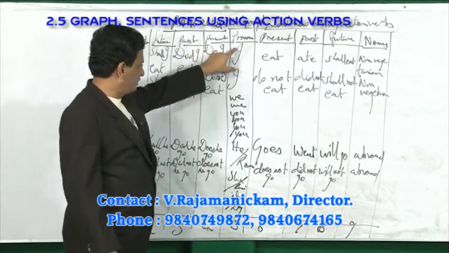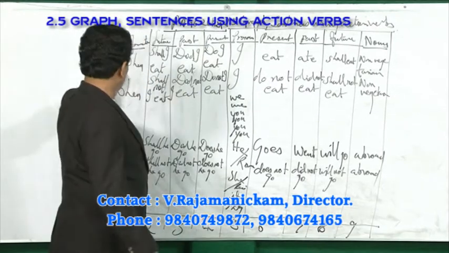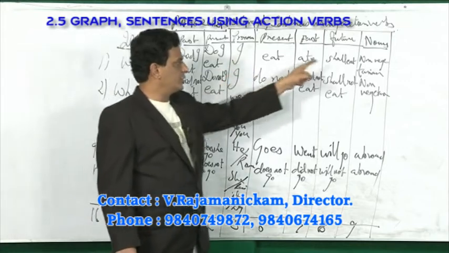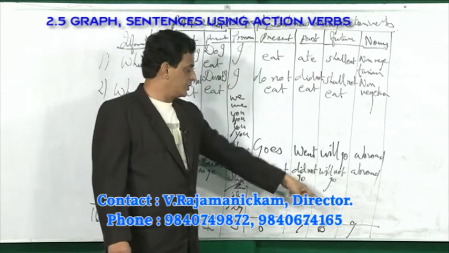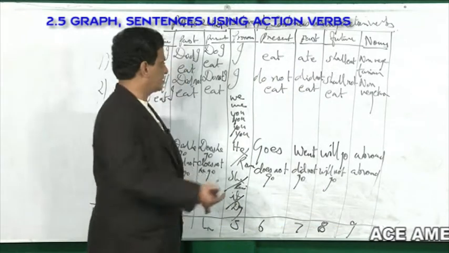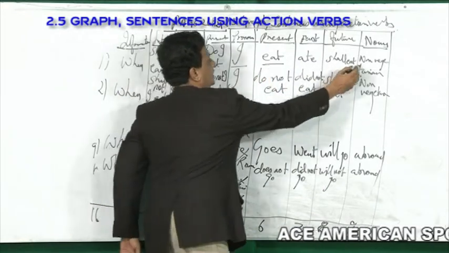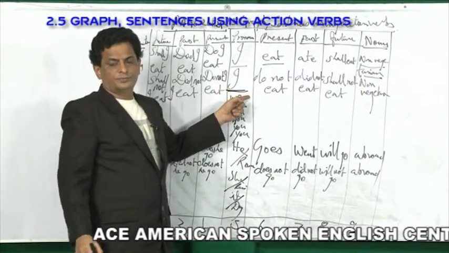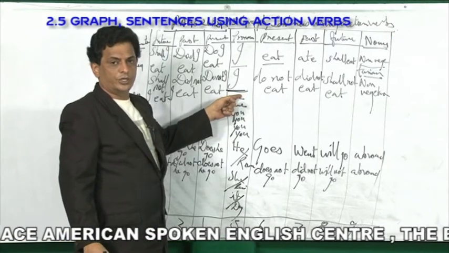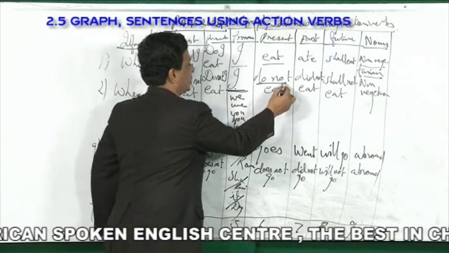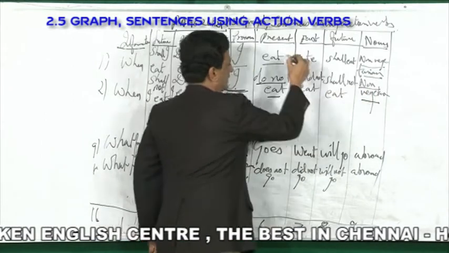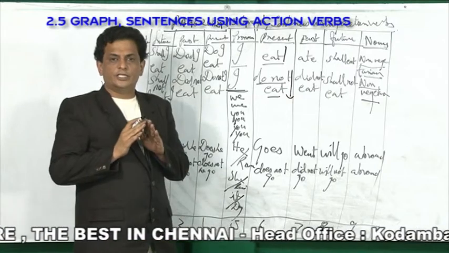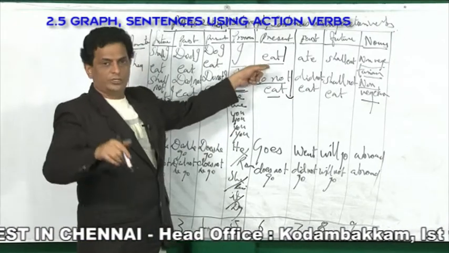So you take the first row, fifth column, 5, 6 and 9: I eat non-vegetarian. I eat non-vegetarian is the first row. Immediately you come to the second row for negative: I do not eat non-vegetarian. The negative part of I eat non-vegetarian is I do not eat non-vegetarian. I do not eat non-vegetarian means you never eat. I eat non-vegetarian means you are eating now.